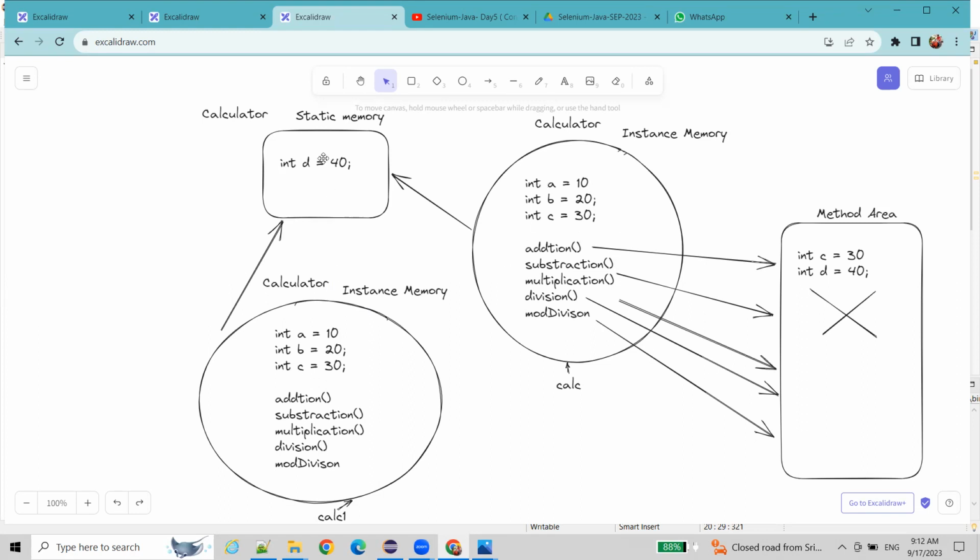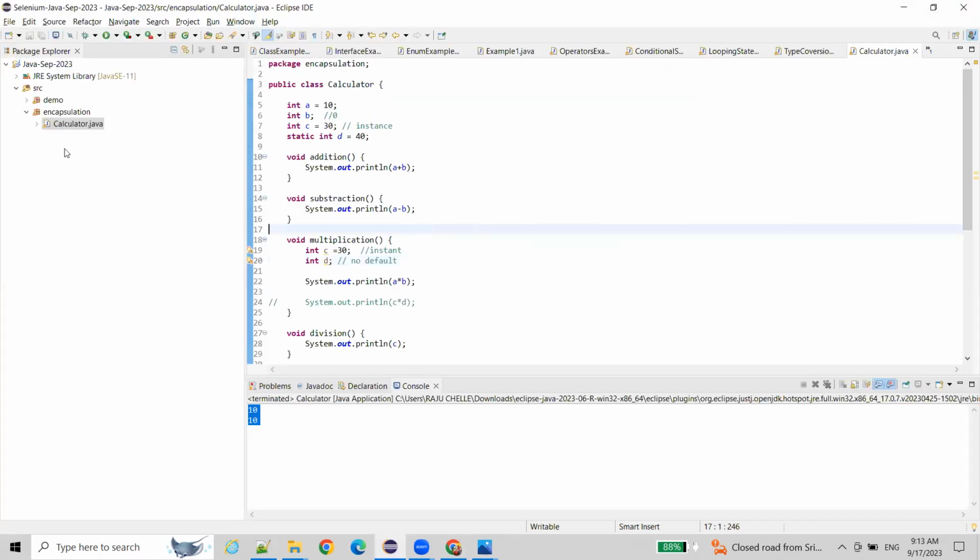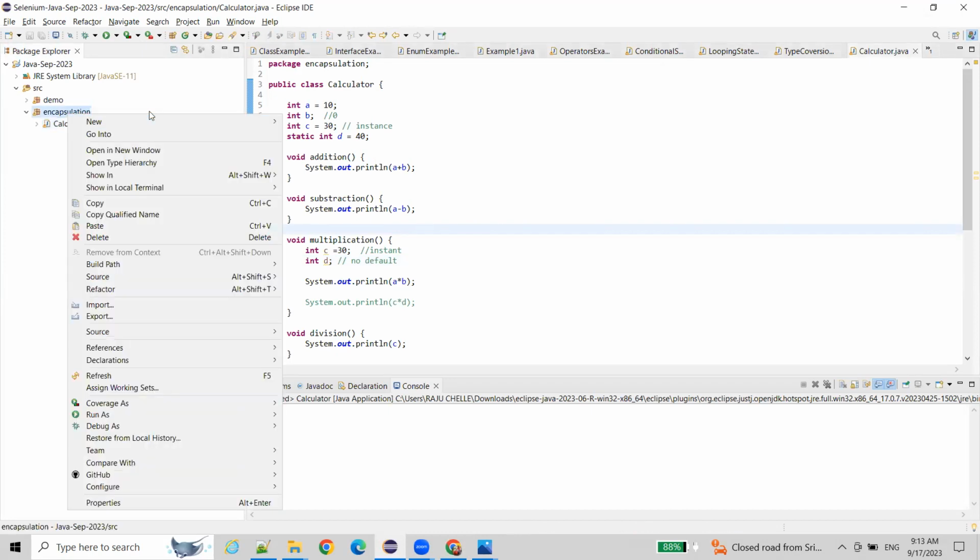It creates a separate memory, and there it will be stored. Generally, if you have some common data to share across all your objects, suppose you take